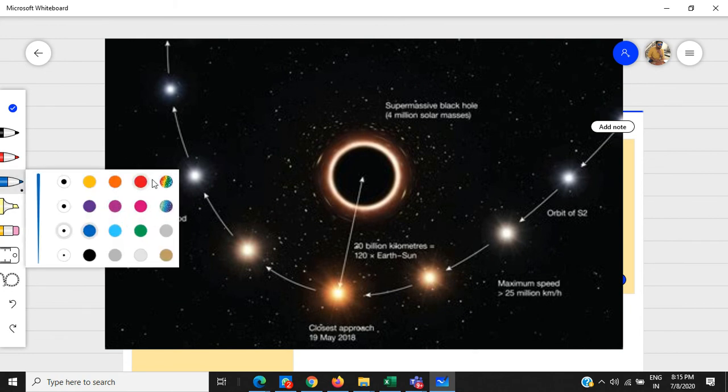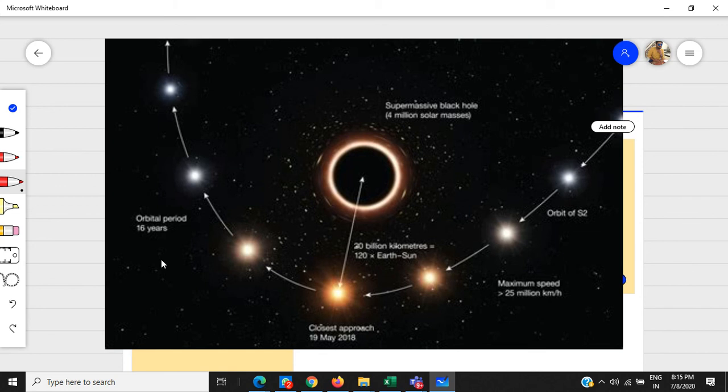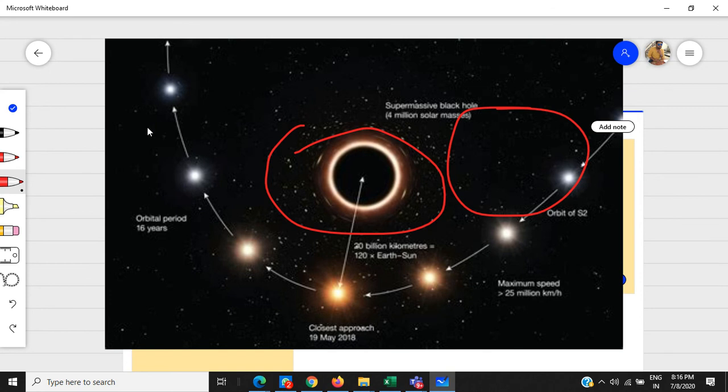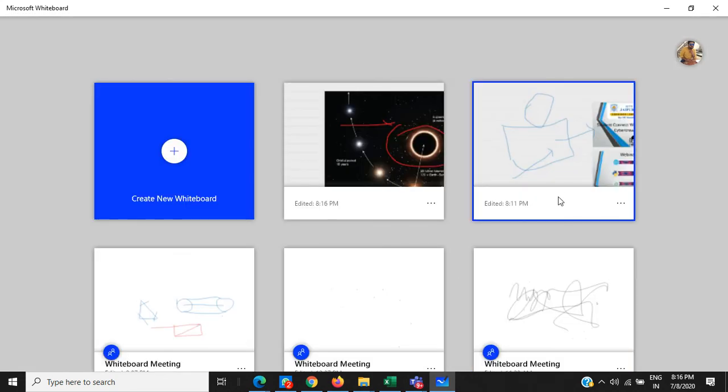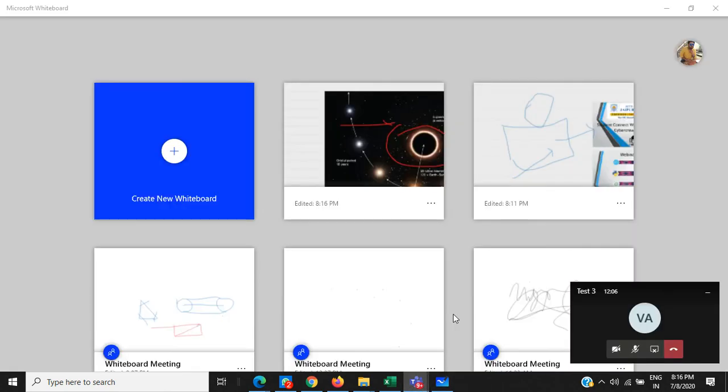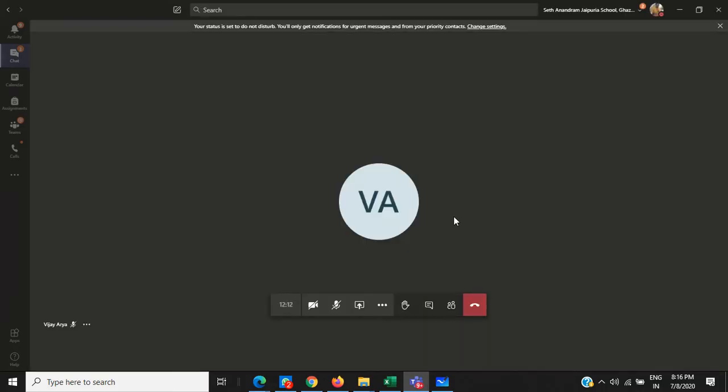You just choose the color that is showing on the screen image. So this is this area. So it's up to us how we can make the session interactive while using the whiteboard. If you want to exit, just go to your Teams and just unshare the screen and it will exit easily.